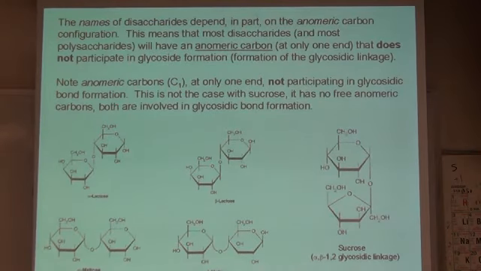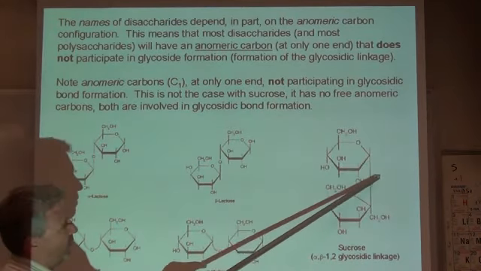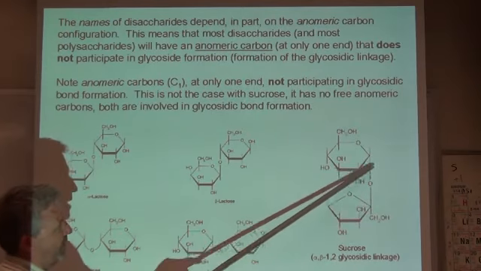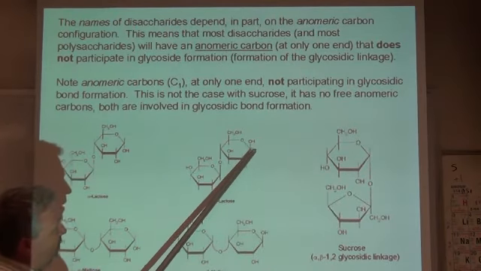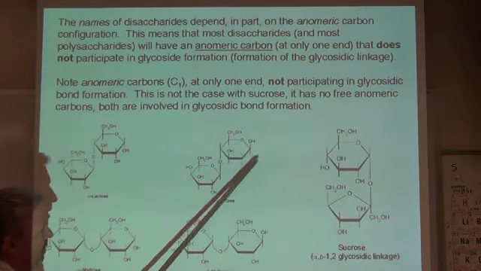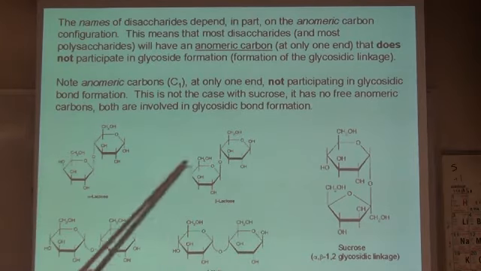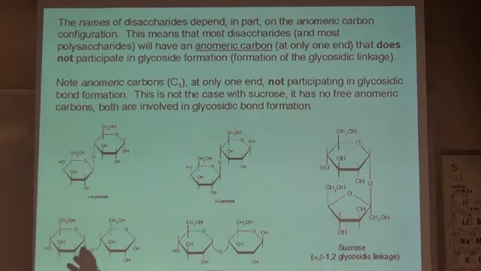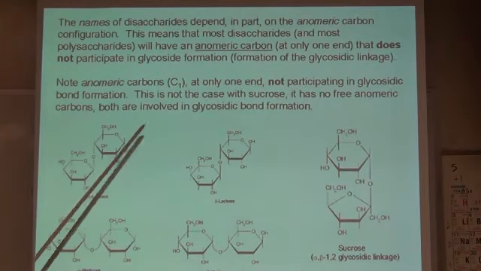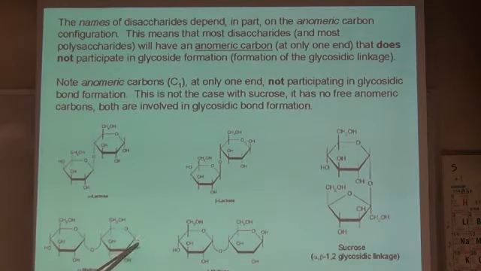The sucrose, right? Because the sucrose is the only one that doesn't have a free anomeric carbon. All the other ones do. There's a free anomeric carbon. And by free, I mean it's not involved in some kind of linkage or bond. Remember, anomeric carbon: oxygen, one to the right. That's the anomeric carbon. Free anomeric carbon, free anomeric carbon.